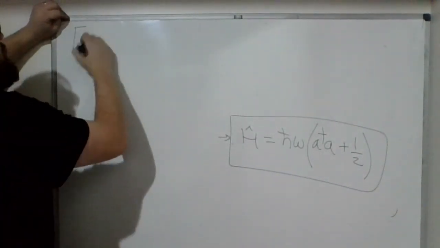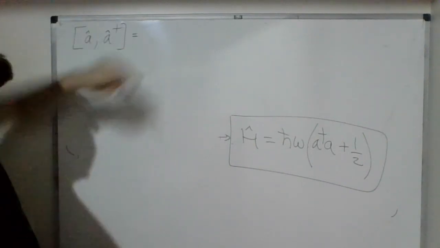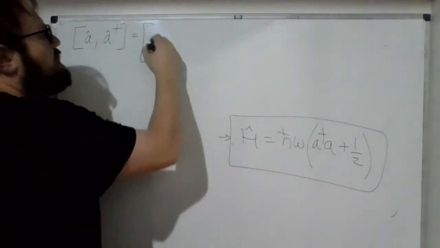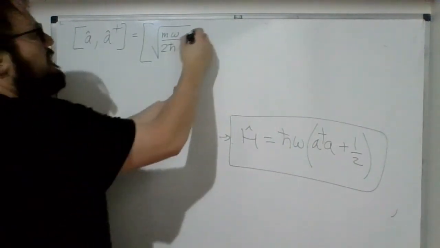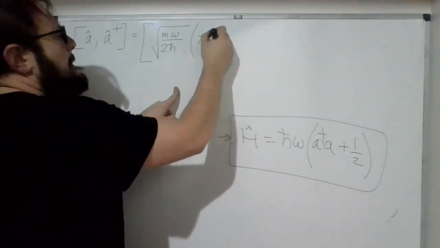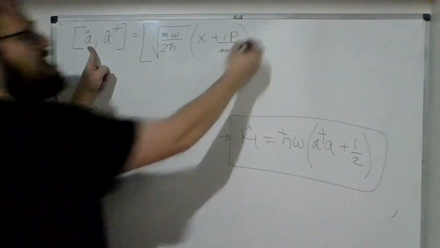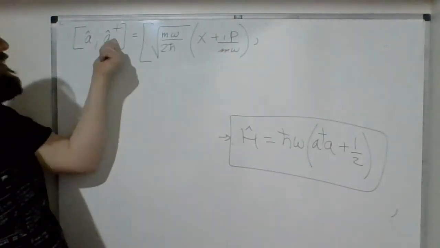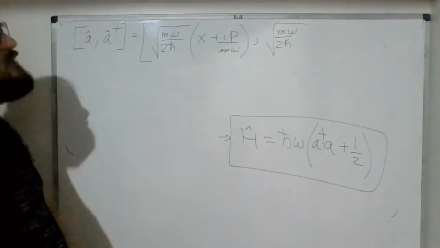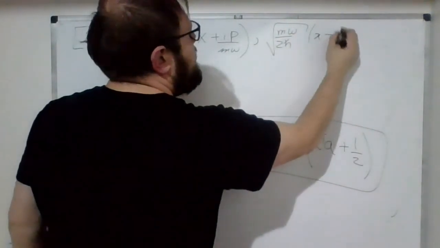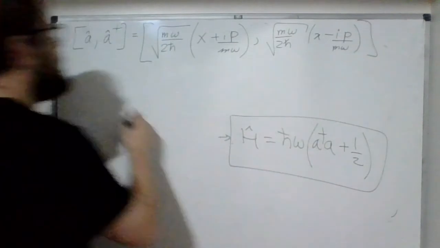You can calculate the commutator of A and H dagger, and this will be given by the commutator of m omega divided by twice the h bar x plus i p divided by m omega, which corresponds to the A, comma, m omega divided by twice the h bar x minus i momentum divided by m omega, and you'll find out